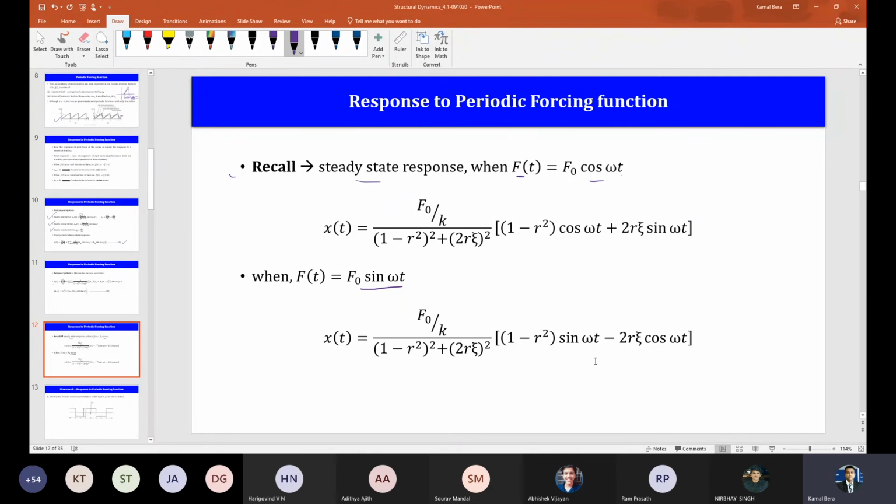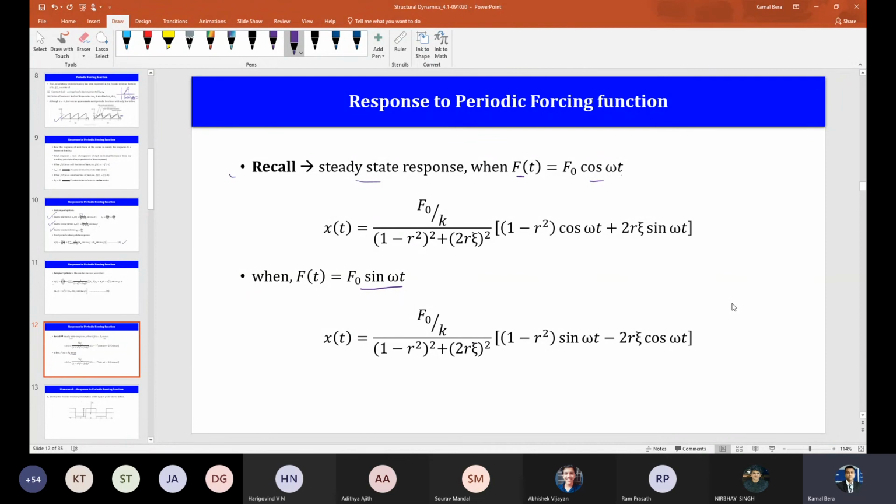Okay, so today we have class from 5 to 6, right? Yes, sir. So that is the makeup class or compensation class, whatever you can say. So we'll take it from 5 to 6, and we'll start with the topic on response to arbitrary forcing function. Arbitrary, any arbitrary force. Okay. So that will start, and in that context we'll discuss the impulse response function and Duhamel integrals. Okay. So that we'll discuss in the evening.